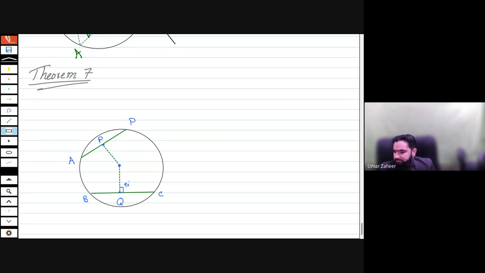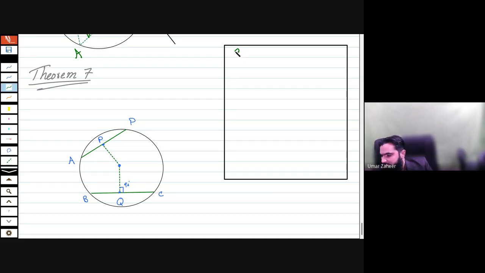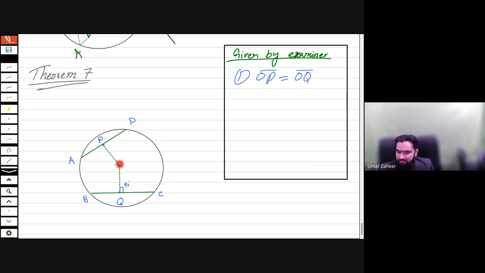First of all, if it is given by the examiner that OP is equal to OQ, it means the perpendicular distance from the chord, OP and OQ are equal, and obviously the perpendicular distance means OP is perpendicular to, this is a sign to show the perpendicular on AD,